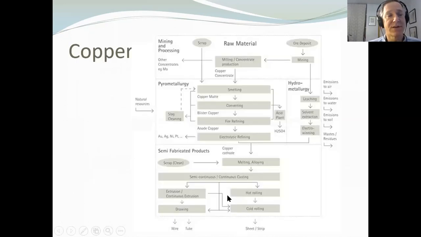We're not going to go over this in detail, but you can look at this. This happens to be, if you look up here at the upper right, it says ore deposit. This is for copper. And you can see this is a diagram showing the processing for copper ore. So this is all what is used for electrical wiring, for example, and other sources. We have a lot of it on planet Earth. We're not making any more. But I was looking up the numbers. I think, well, I shouldn't quote, but there's a lot of copper left.